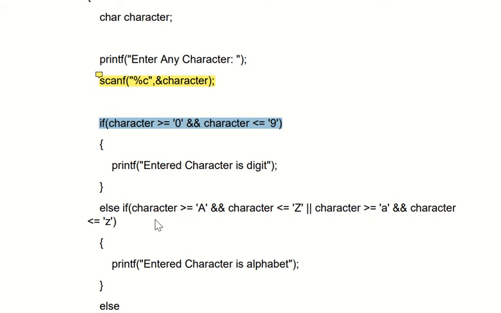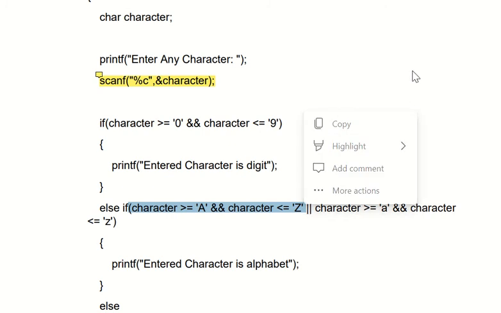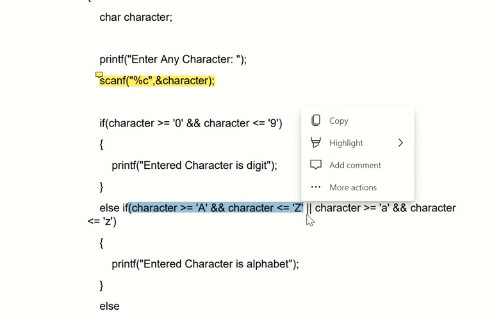In else if, we have character greater than or equal to capital A and character less than or equal to capital Z, which means your character is in between these two. And after this one part, we have two lines, that is nothing but the OR condition.